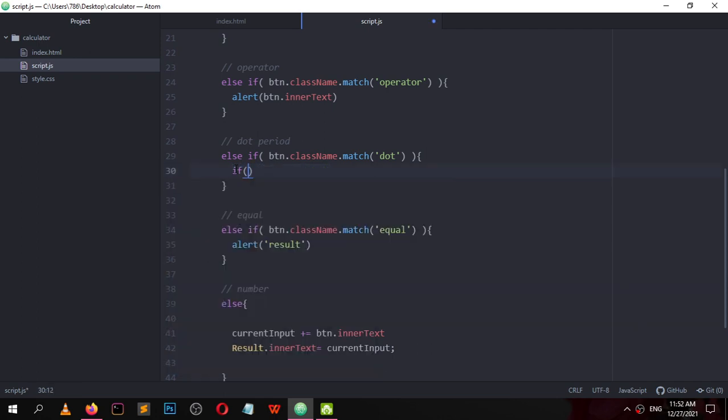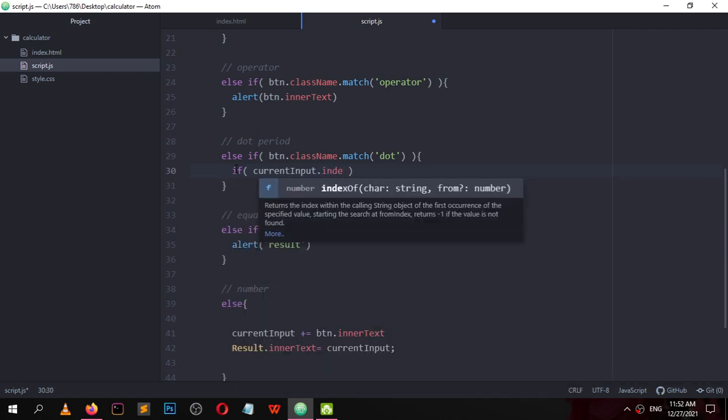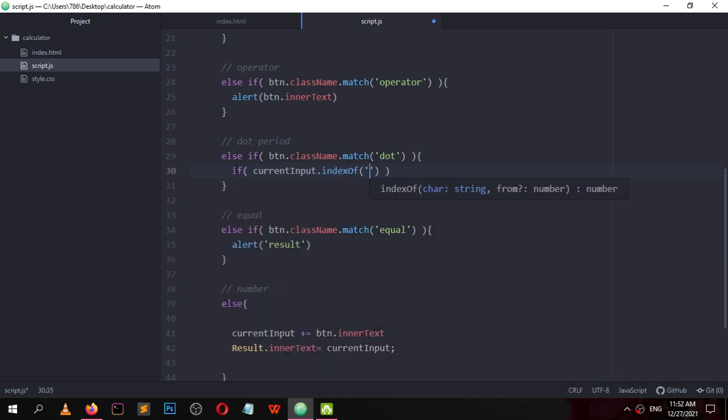If current input dot index of this, it will return -1, or the position, the index of, is not equal -1.